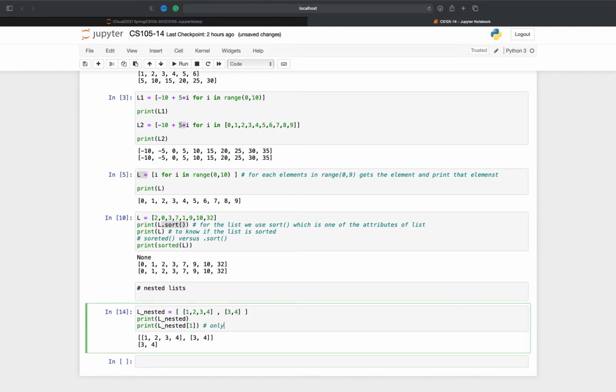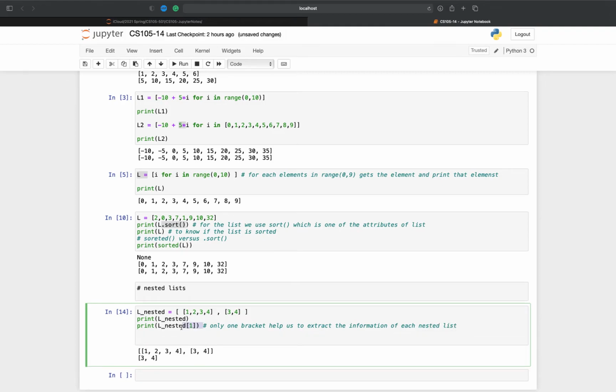So only one bracket helps us to extract the information of each nested list. And if you want to get each element in the list, let's say I want to get the first element in the